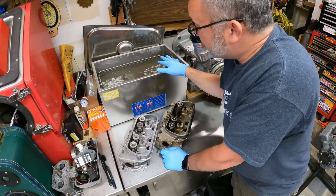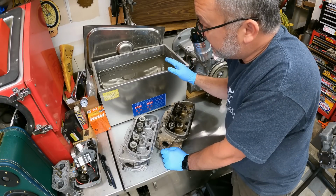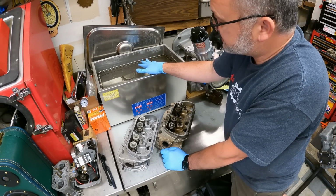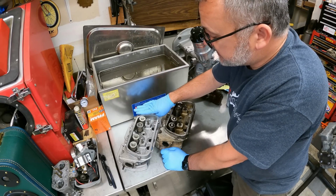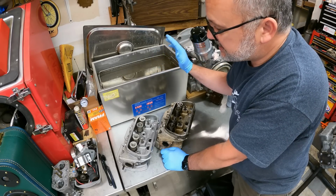So mine's dirty. Again, mine is old. Mine gets used an awful lot. This one will actually fit a flywheel in it also, so you could actually submerge a flywheel and get it clean. It'll do a head. If it's full, it'll actually cover up the head. If it's not full, like mine is actually a little low because this is just old stuff,